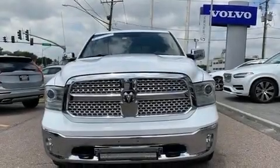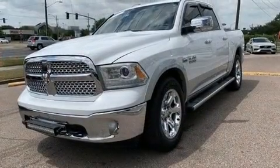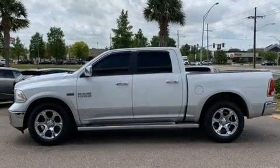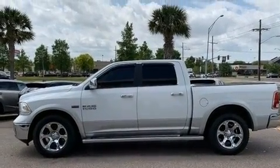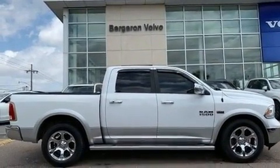Take command of the road in the 2014 Ram 1500. It features an automatic transmission, rear-wheel drive, and a powerful 8-cylinder engine. Top features include a split folding rear seat, one-touch window functionality, variably intermittent wipers, a built-in garage door transmitter, a